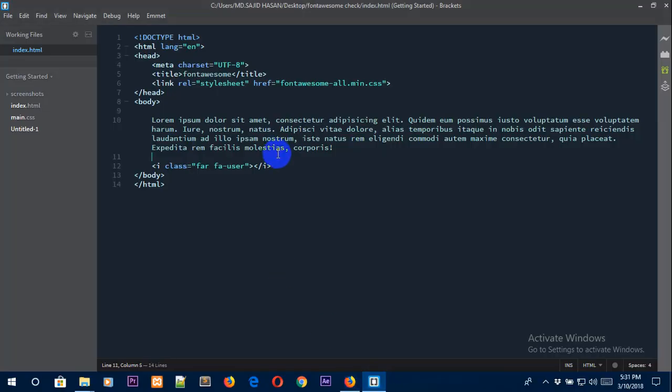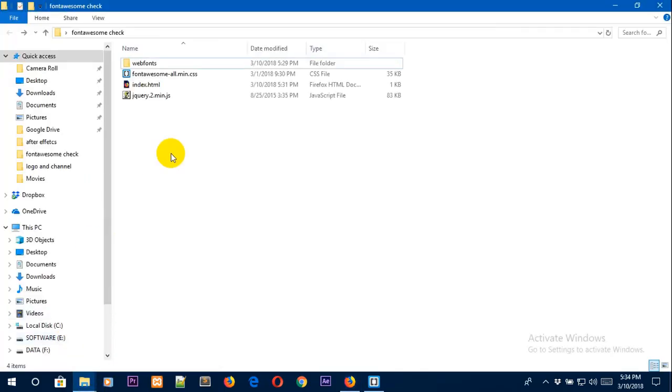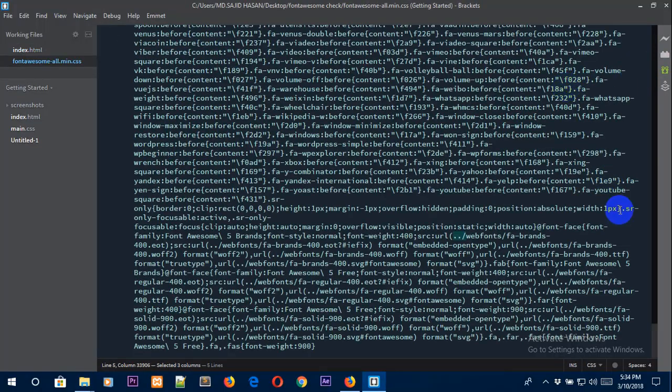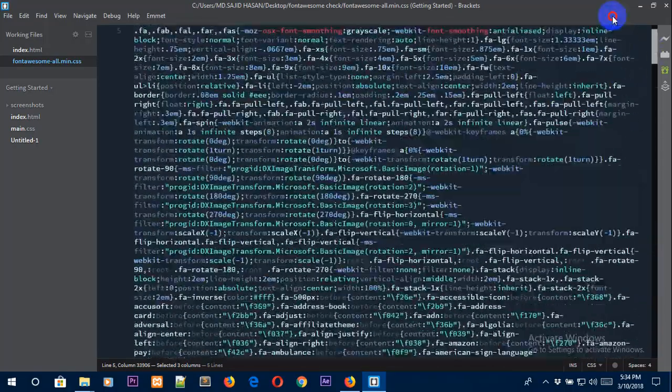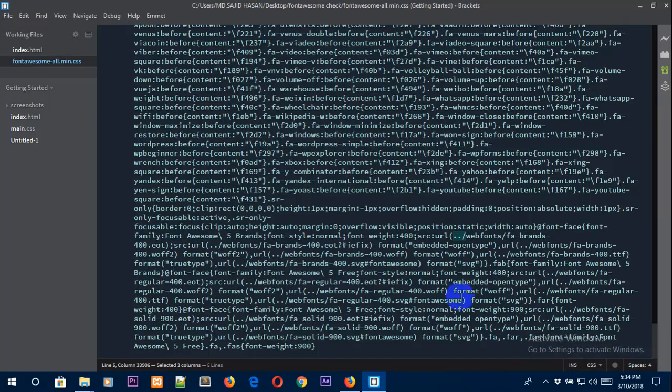I will show you after making a BR tag to make a line break here. The font doesn't show because there is a problem: it does not get the TTF font, so that it can work. For that, just go here and open the fontawesome.all.min.css with your CSS file, and from the very bottom of this CSS file you will see that